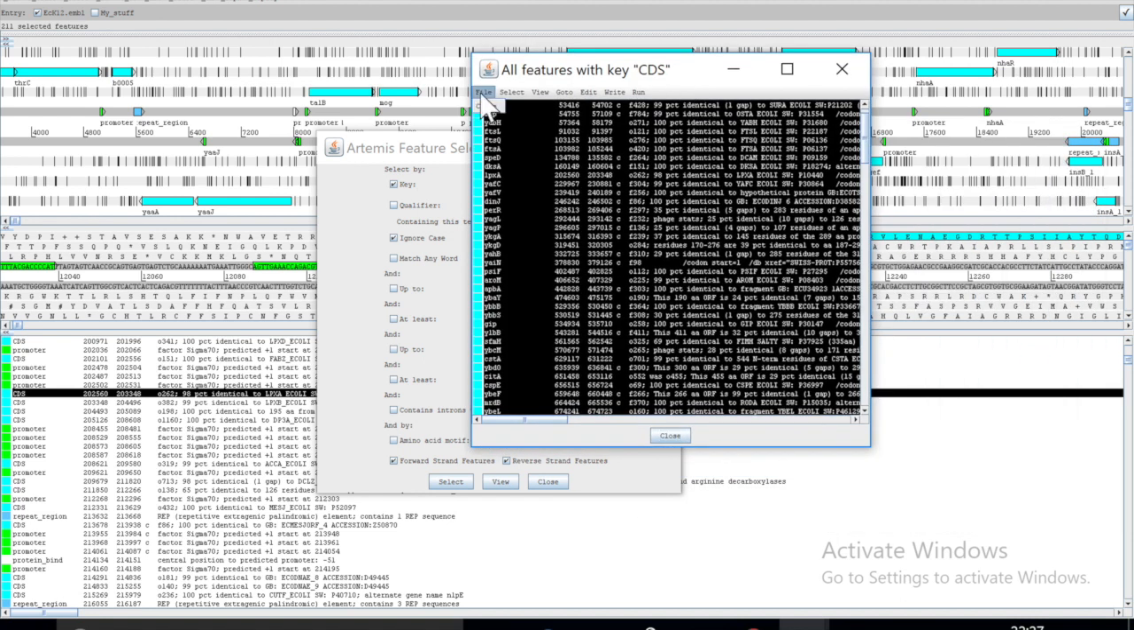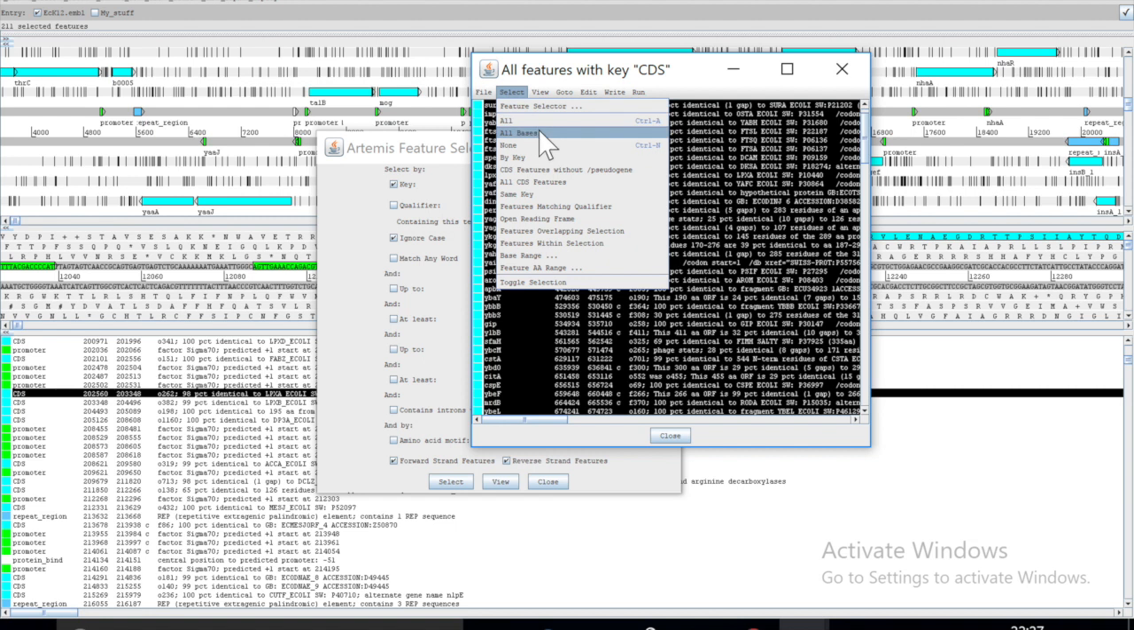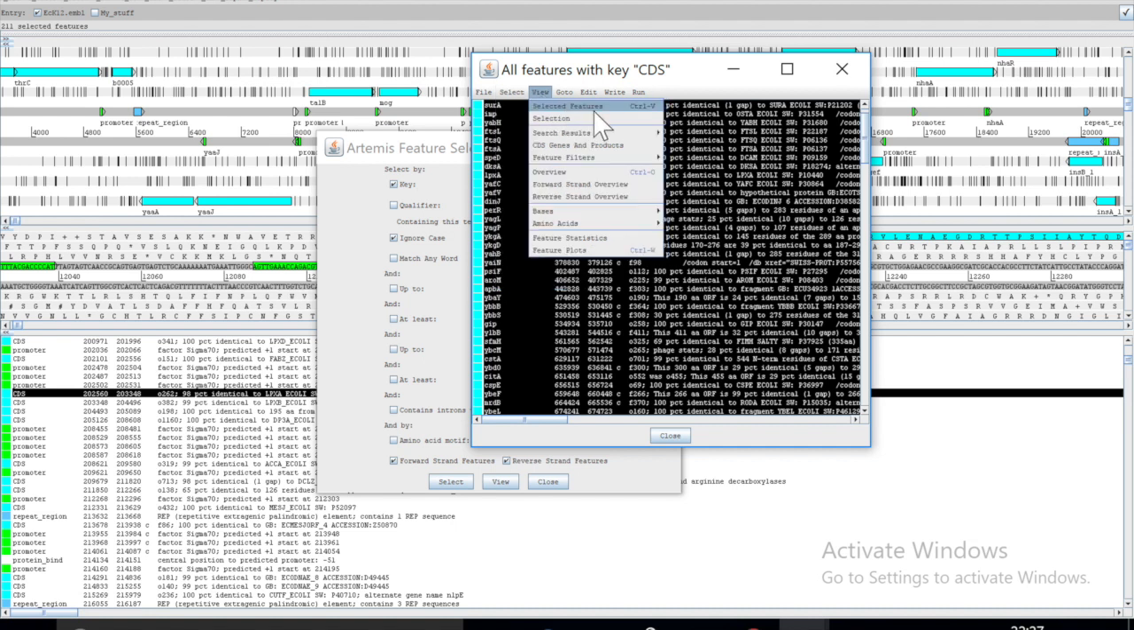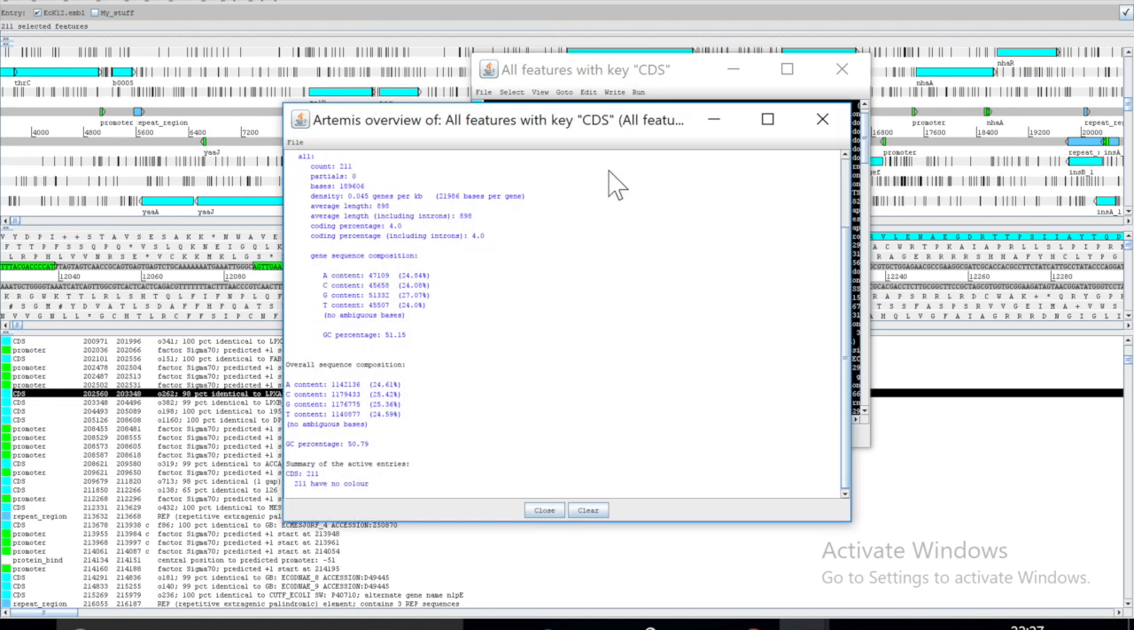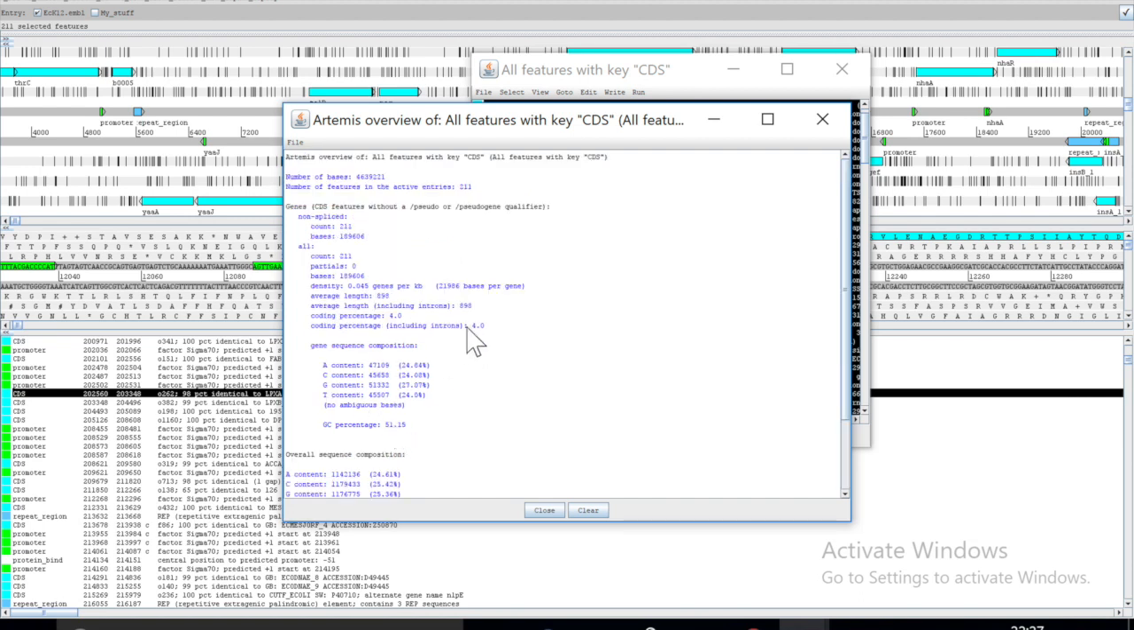It's worth saying that with all of these things, when we have a list selected, we can carry out operations on this list of selected items. So we can go and do this feature search again. We can view selected features, and we can get an overview of those selected features. So for example, we've got 111 counts here of CDSs,